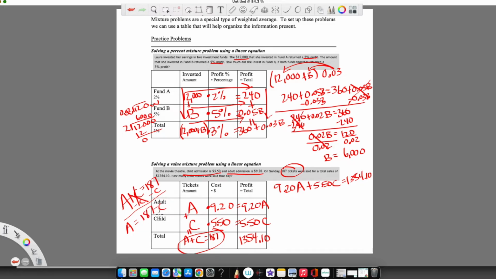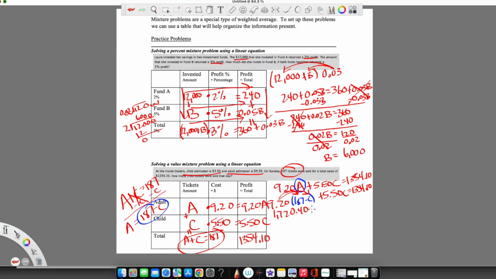So now I can take this amount here. I know this equals A, and instead of A here, I'm going to put 187 minus C. So I'm going to have 187 minus C, and the rest of the equation is going to stay exactly the way it is. So this way, now I only have C in the equation, like this. So now I'm going to multiply. I'm going to distribute this $9.20. So $9.20 times 187, that is 1,720.40